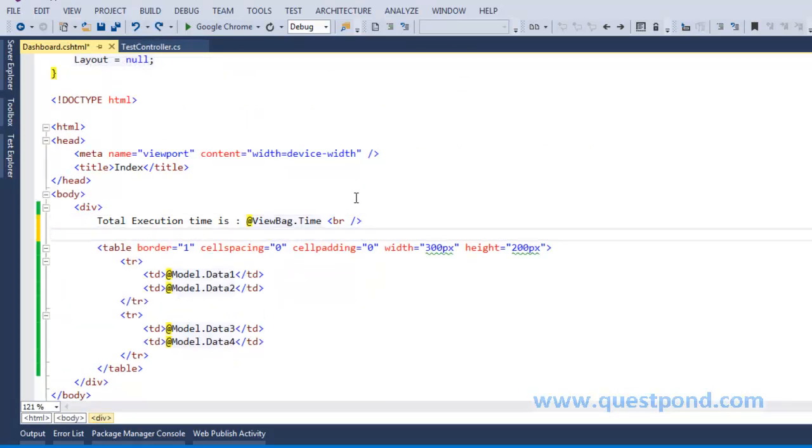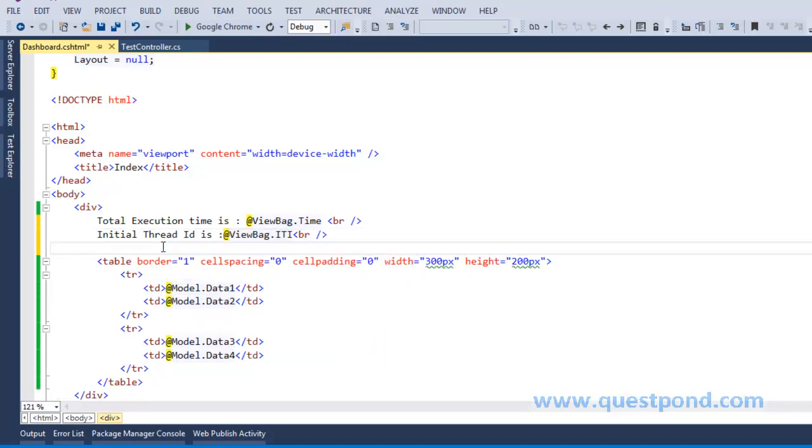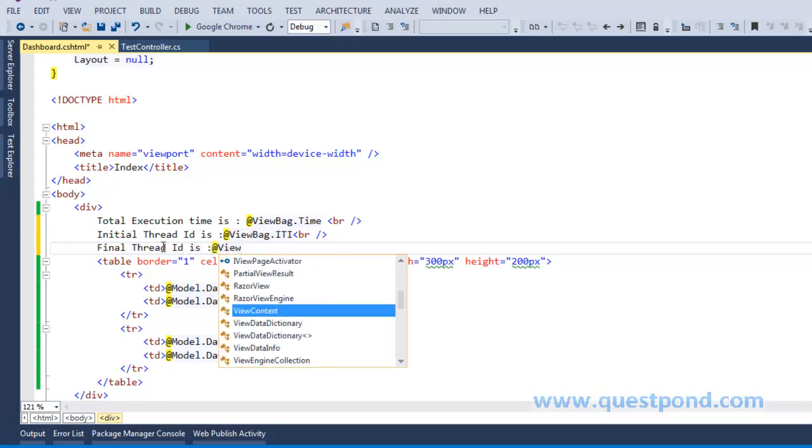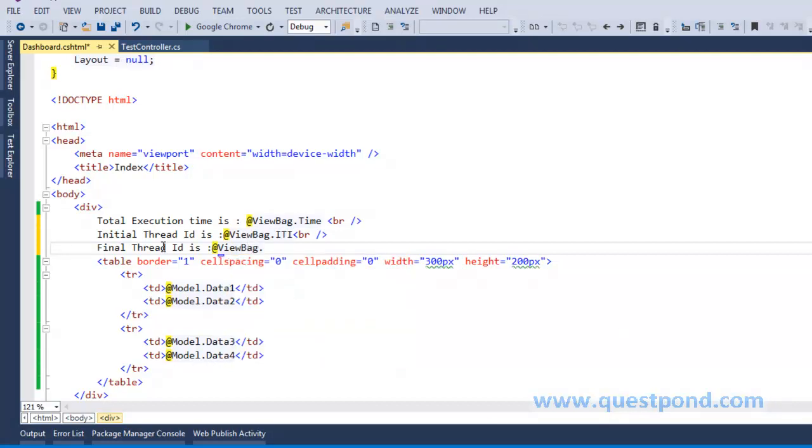I'll say initial thread ID is @ViewBag.InitialThreadID, break tag, enter, final thread ID is @ViewBag.FinalThreadID.